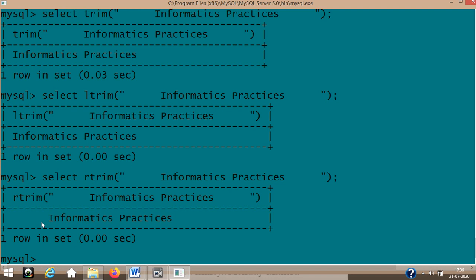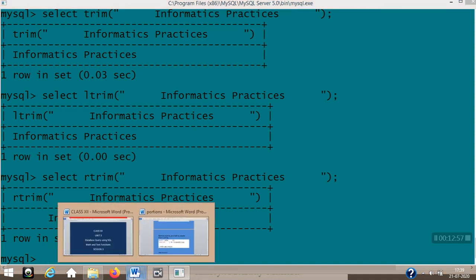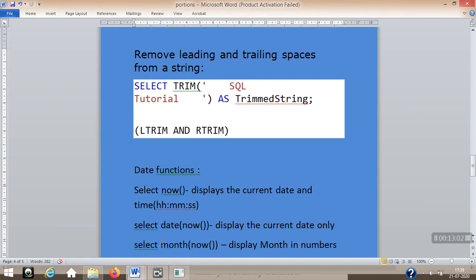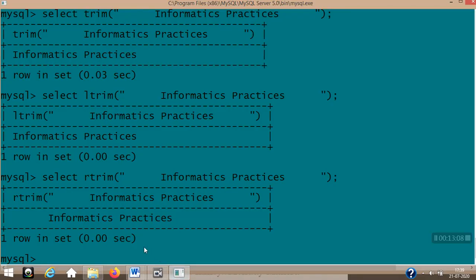So the text and your math functions are over. Now what we have is basically your date functions. I can take that along with this itself, even though I didn't add it as a heading. So I'm continuing with that. So you have your date functions. Only the specific functions which we are showing here should be studied. There are many more functions than this. So let's move on.